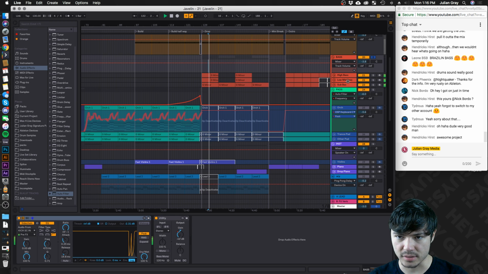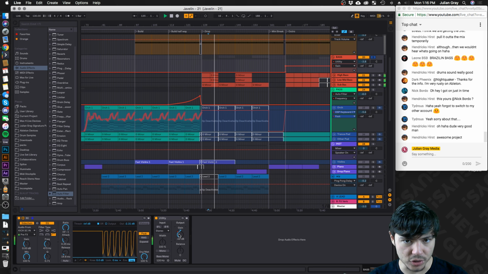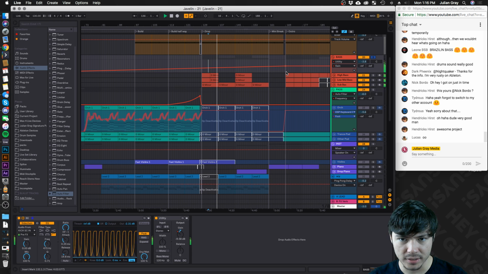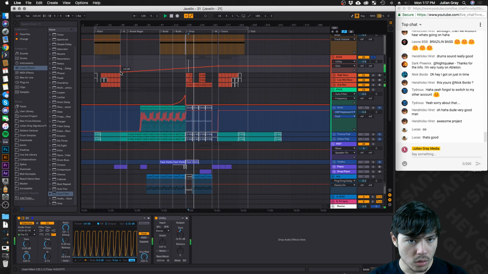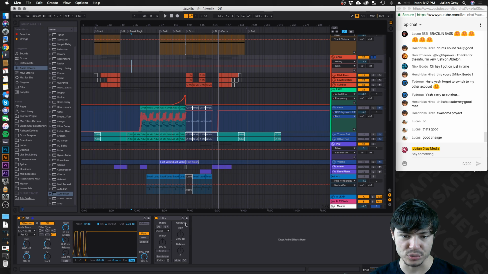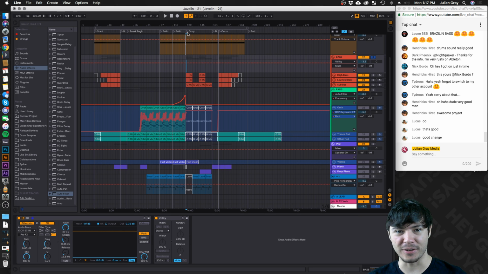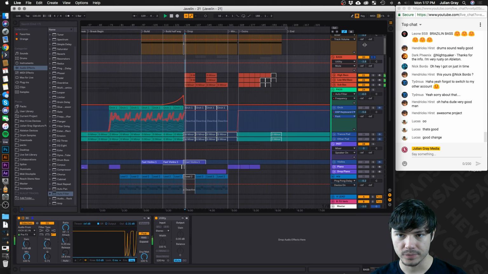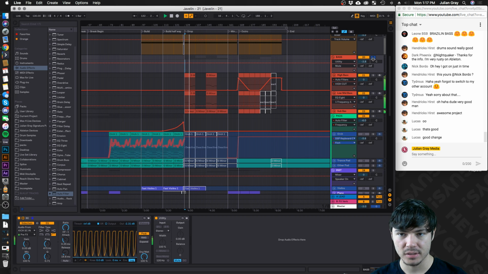I can't tell what that is, because it's muted or something. Yeah, you have your utility all the way down. I don't know why. That's generally not the best way to do a mute either. I would toggle the actual mute switch on here, which is right here. So yeah, you had automated the gain all the way down. That's kind of weird. I can't tell if there's any notes on this or not. Yeah, there is.